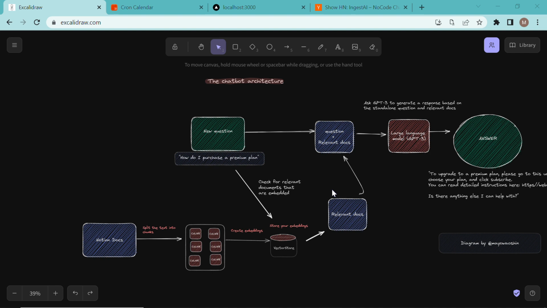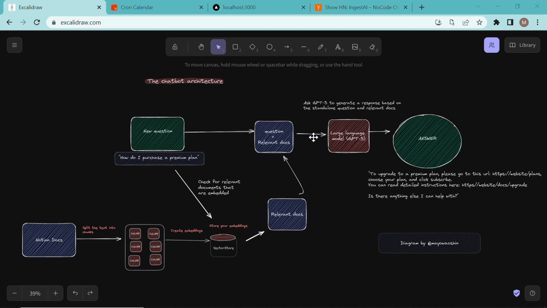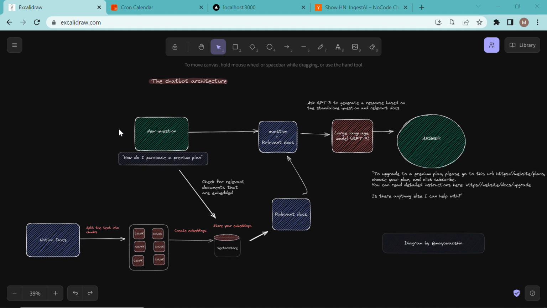So here is the architecture I've drawn out of how we're going to do this, and this is the overview. If you haven't watched my previous tutorial, you can check that out. Basically, I go over the basics of using LangChain in TypeScript and JavaScript to enable this interaction